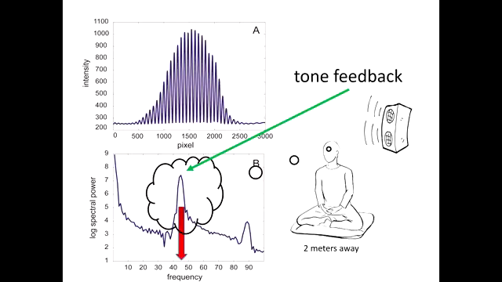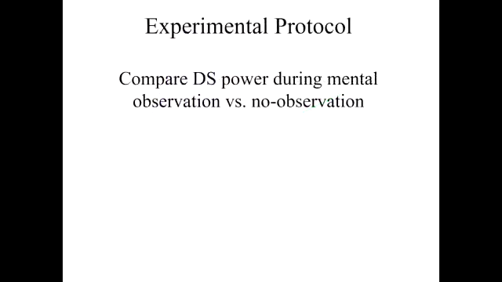So we do a real-time analysis of the double slit power, and we use that to adjust feedback tone. So if you have somebody doing the task, they could look at a screen, which is showing a signal, or they can simply do it by listening to the tone. And generally what we do is we have like a droning tone, and we ask the person to make the droning tone louder, because it's a very pleasant tone. And then they would know that they were succeeding through that tone. This also provides a way to focus their mind on the task at hand, because mind wandering is always a big problem.